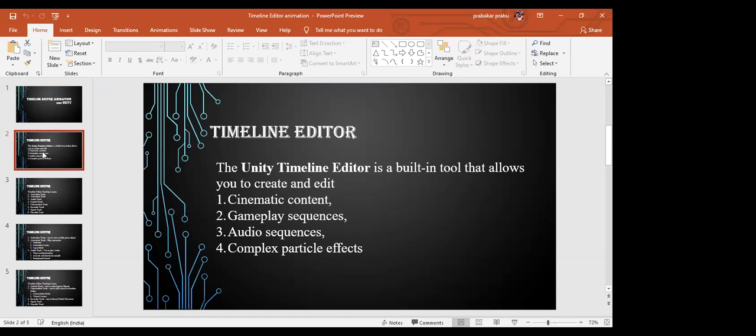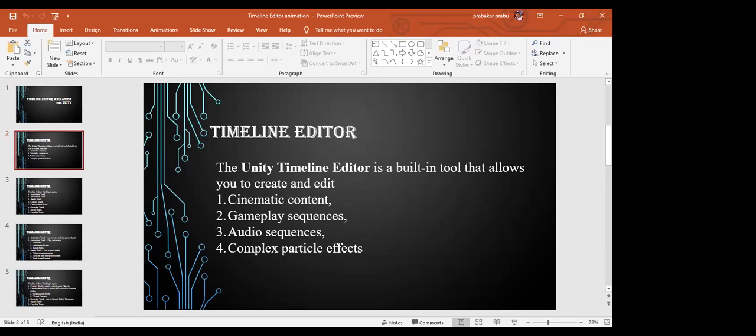In the middle of the game, they play some cutscenes. The cutscenes are developed by the timeline editor only. We also create movies and gameplay sequences. Everything we develop using the timeline editor.